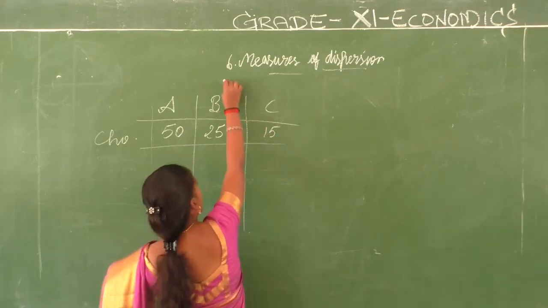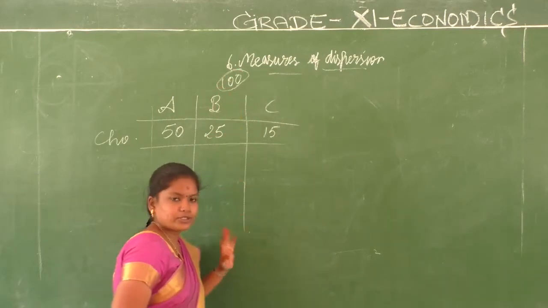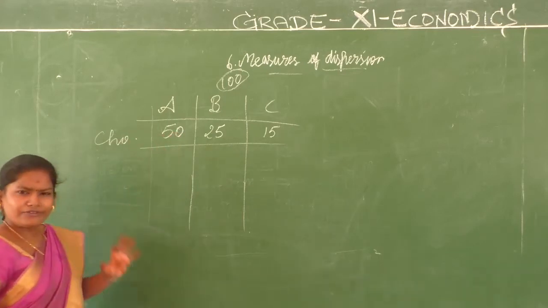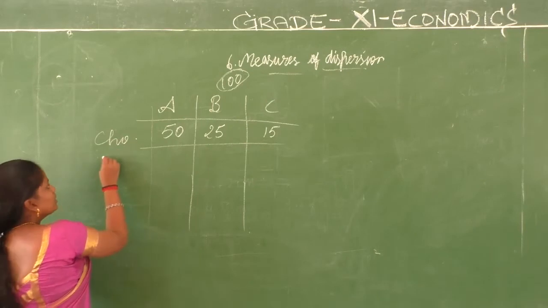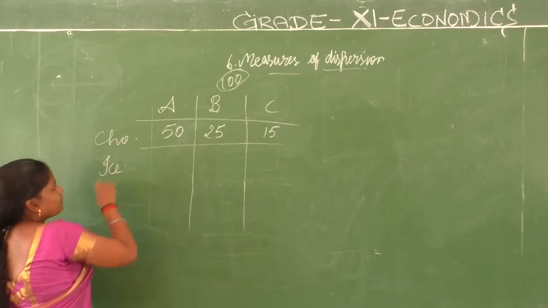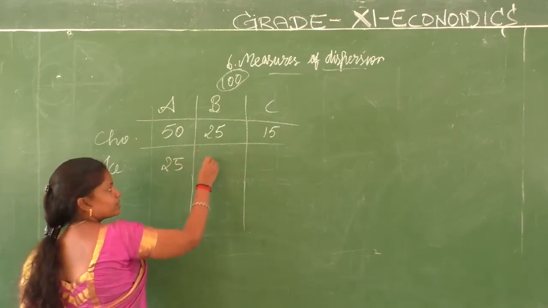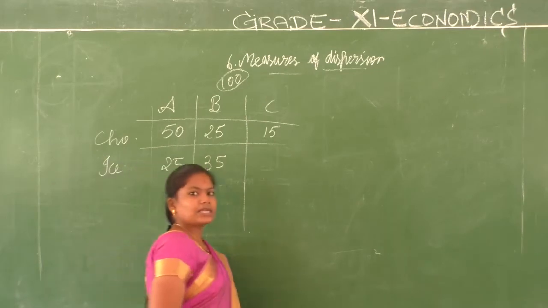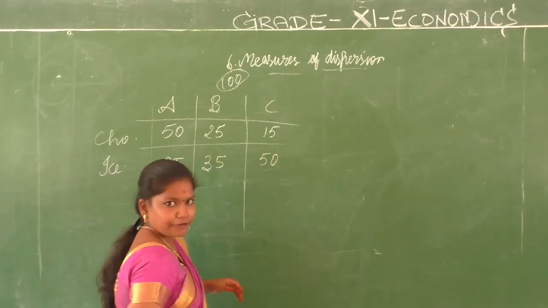And how much do you all have? All 3 of you have 100 rupees each. For chocolate he has spent 50 rupees. And then here if you take this person, for ice cream has spent some 25 rupees. This person has spent 35 rupees. And this person likes ice cream a lot, so has spent some 50 rupees.